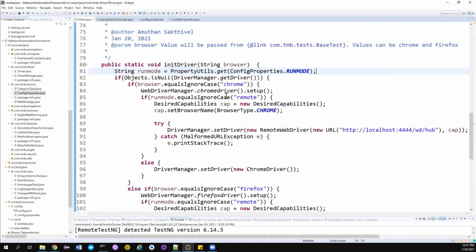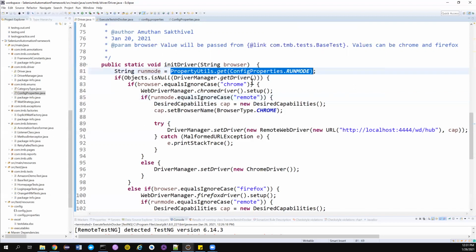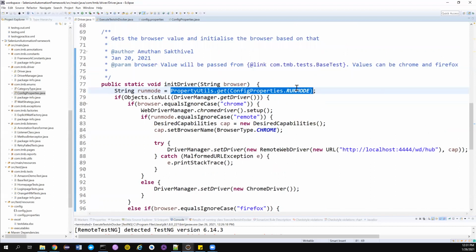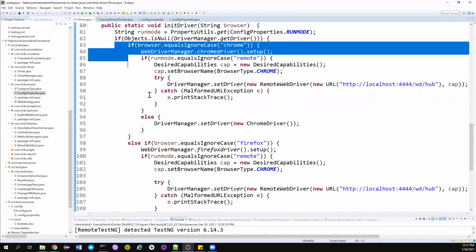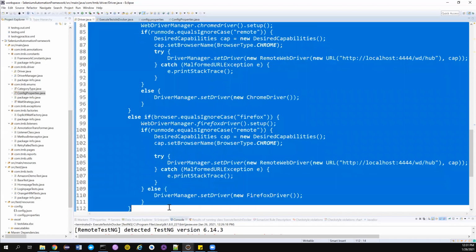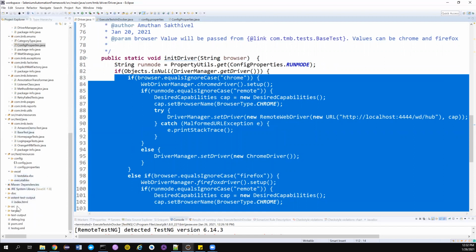Again, you can use a local variable here, or you can directly pass it here. So I don't want to create a local variable, so I'll cut this and paste it here. Or if you're okay with creating a local variable, it doesn't cost you much, so you can also create a local variable. Good. So this way you can run your test on local or remote with very few things. Again, guys, the code looks very clumsy. We will optimize this later, but for now just understand whatever we are going to do now.